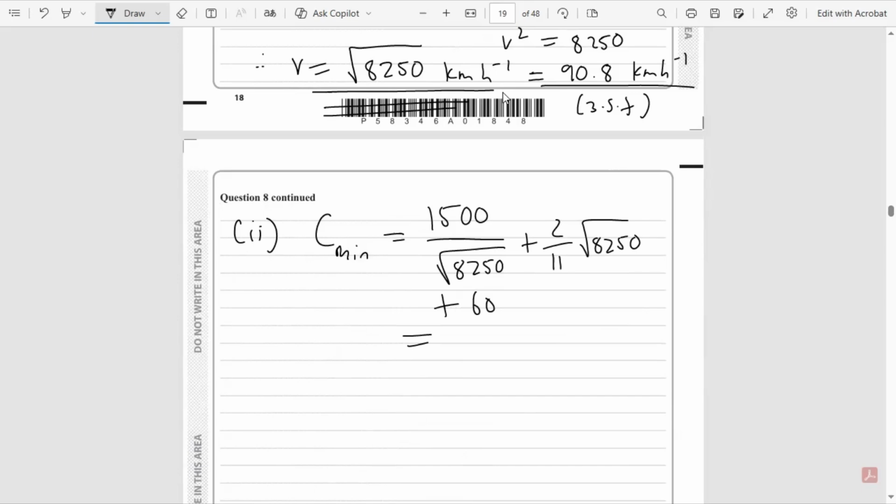So this gives me 93.0289, and so on and so on. Since the cost is in pounds, we'll round that to 2 decimal places. So the minimum cost will be